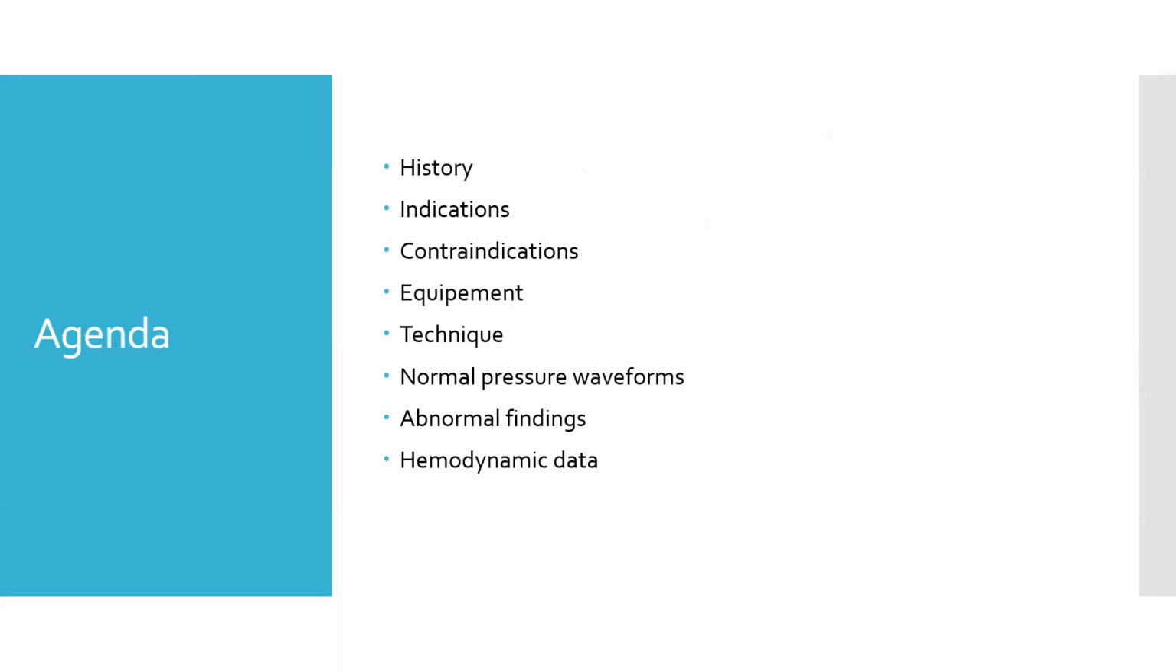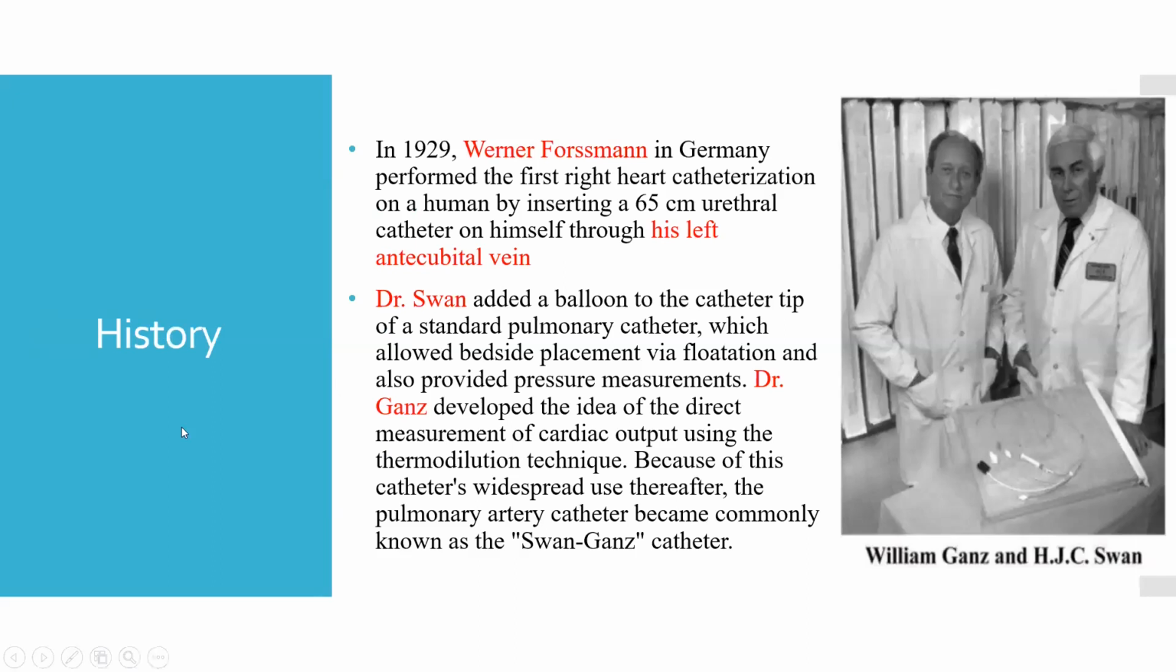We will talk about history, indications, contraindications, equipment, technique, normal pressure waveforms, abnormal hemodynamic findings, and what data we can obtain from right heart catheterization. So to start with history,